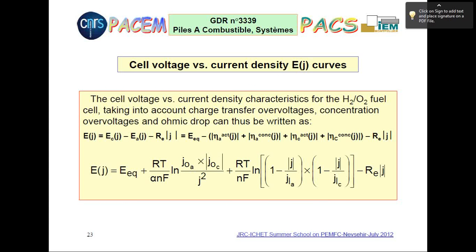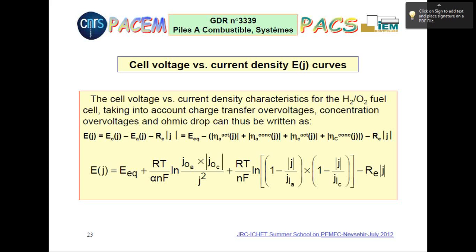So now, if we look at all the processes, we can say that the activation overvoltage and the concentration overvoltage, because we have a series process, add together as a first approximation. Okay, so if you calculate the cell voltage, including some ohmic losses due to the electrolyte